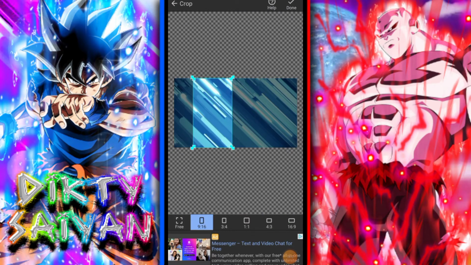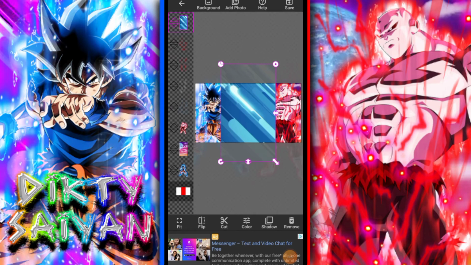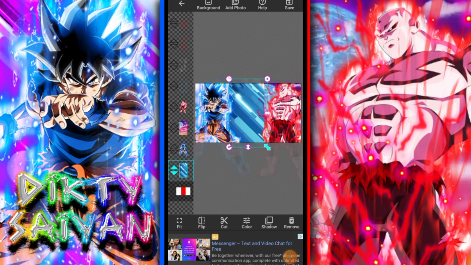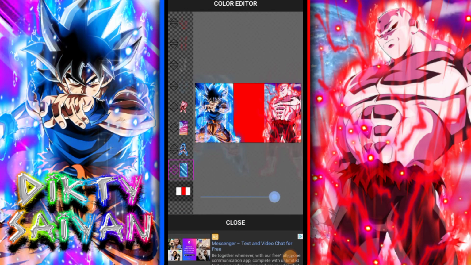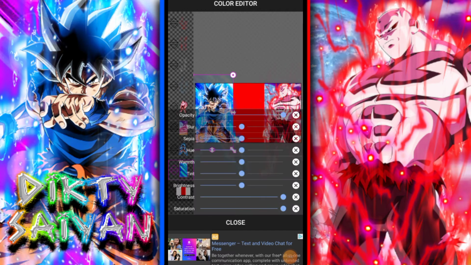And I'll set the aspect ratio to 9:16 because that's pretty close to the size of each one of the characters' sections on the side, on either left or right. So we'll resize this properly, put it behind Goku, just like that. I don't like the color because it kind of washes out the color of his aura. So I'm going to change that